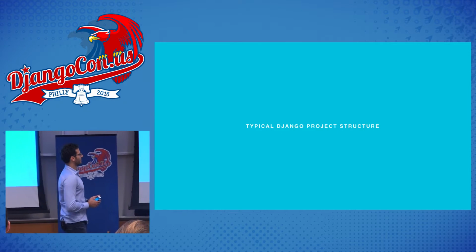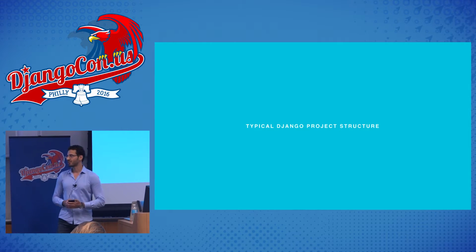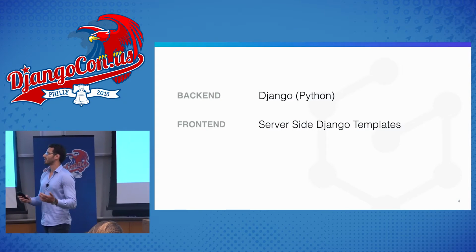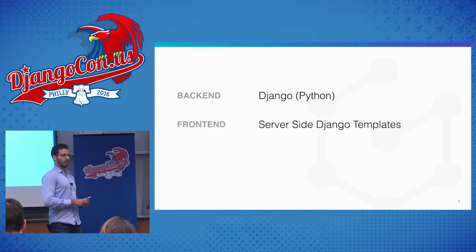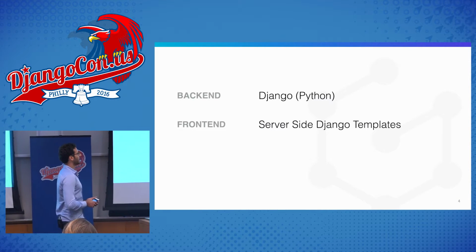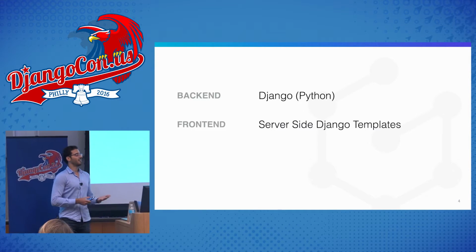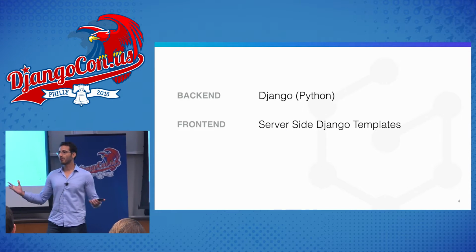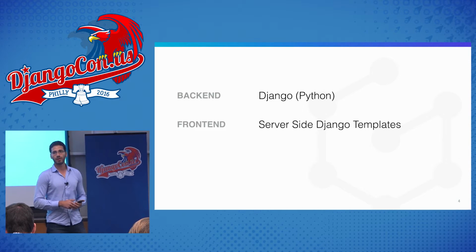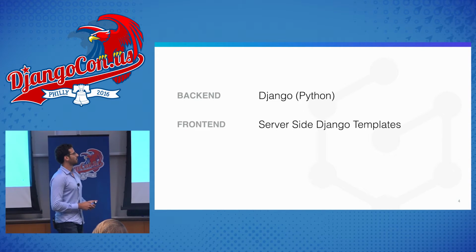So, first slide. What is a typical Django structure? A typical Django structure is using Django in our backend for our models and also for the admin panel. And usually we used to have server-side Django templates, so Django was the one in charge of rendering the layout. However, in the past years,